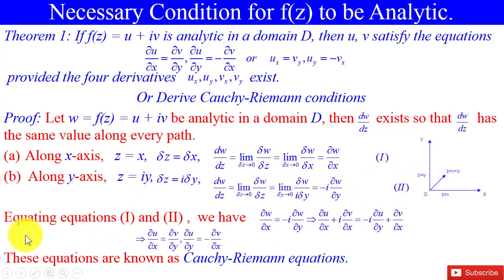These are two equations. Equating equations 1 and 2, we have del w by del x = minus i del w by del y, which implies that del u by del x + i del v by del x, because w = u + iv, equals minus i times (del u by del y + i del v by del y). Separating real and imaginary parts, we have del u by del x is equal to